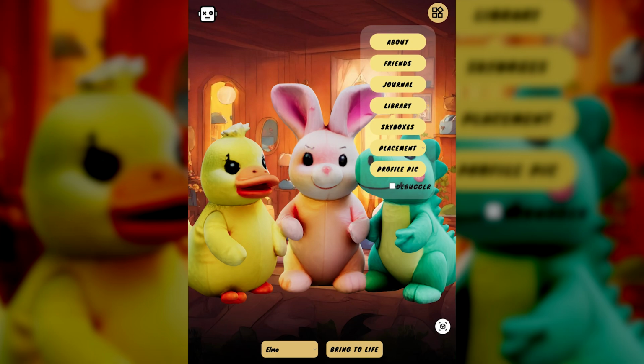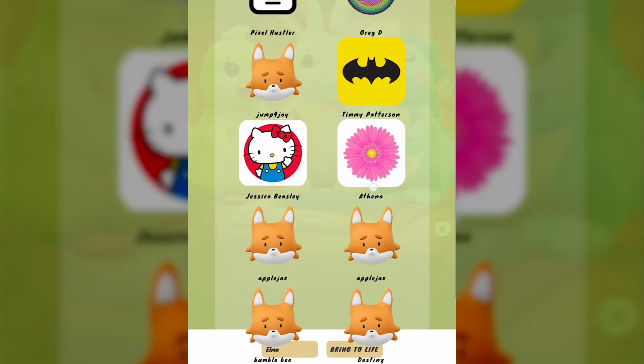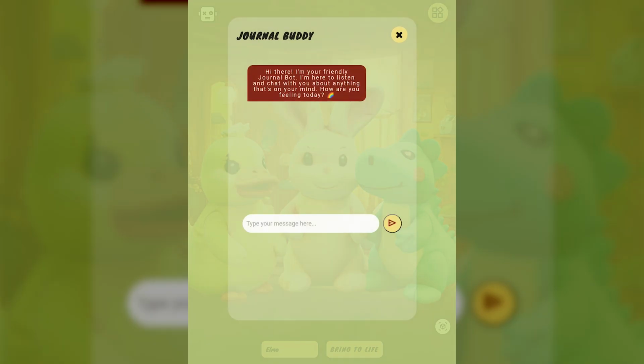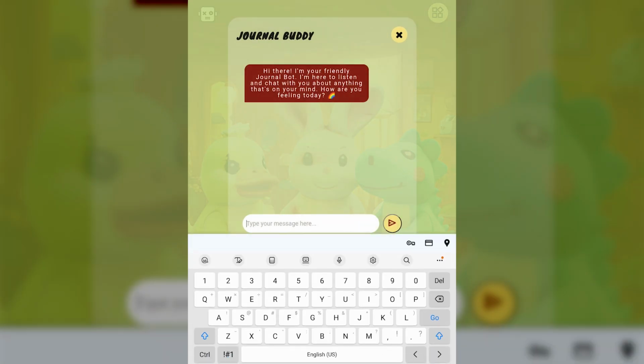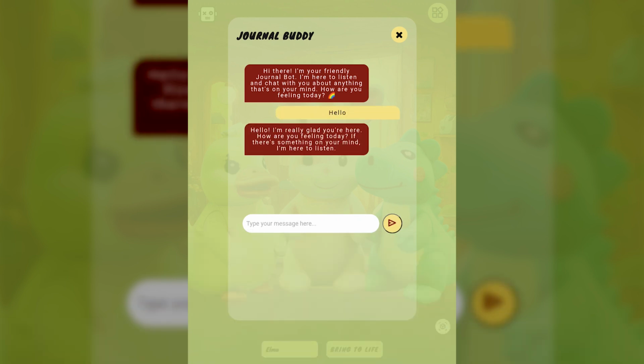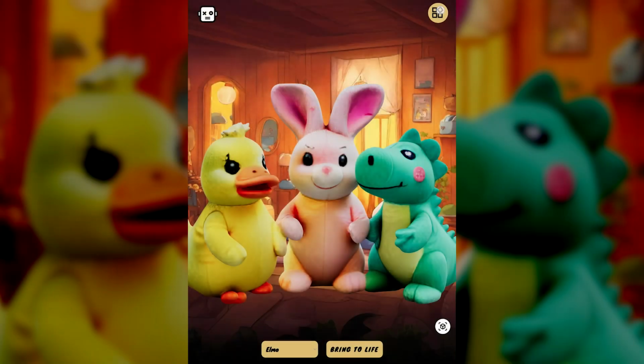Now we've also got the ability for people to connect with friends. We've got a live journal that our other developer, Greg, developed. So basically it's a journal buddy, just for the child to talk about their feelings if they want, or just have somebody to talk to. And the parent can, of course, monitor this. So if there's things that the child might say to this journal buddy connected to the OpenAI chatbot system, the parent can be aware of it and can address it.